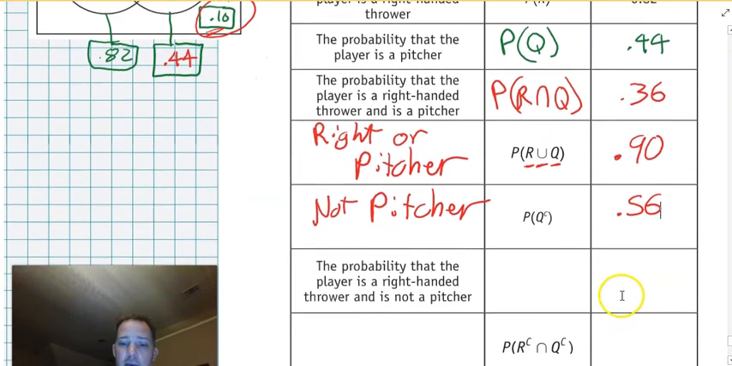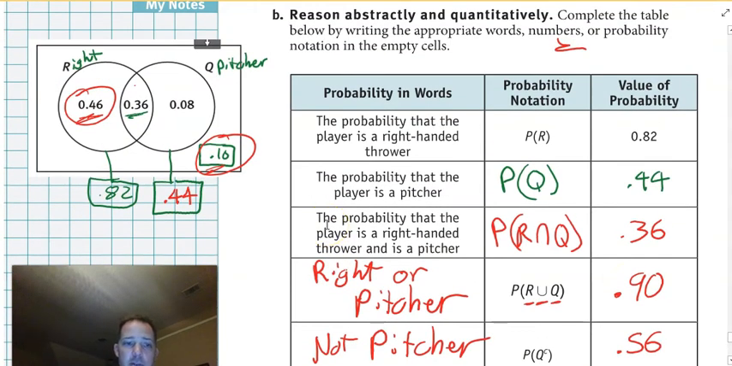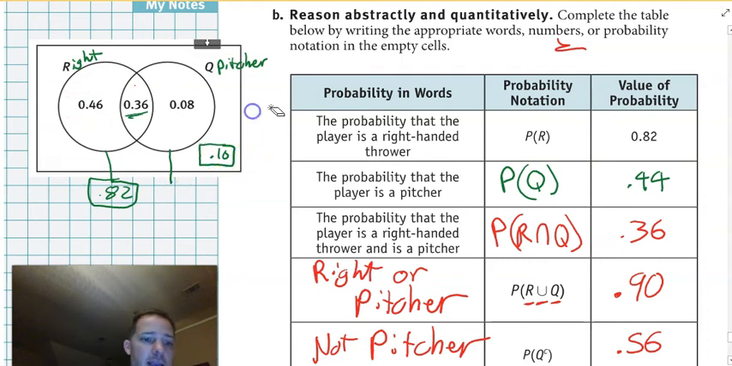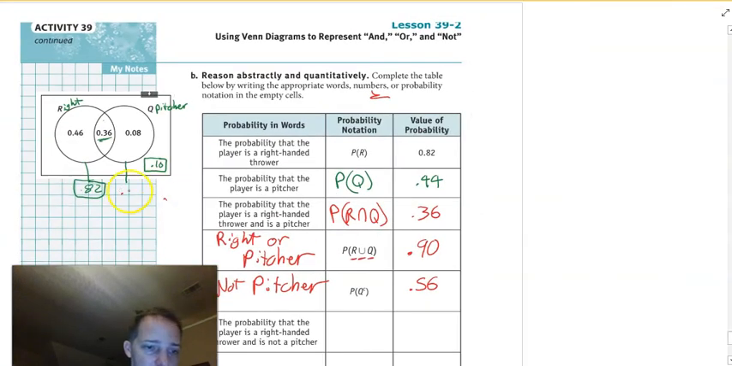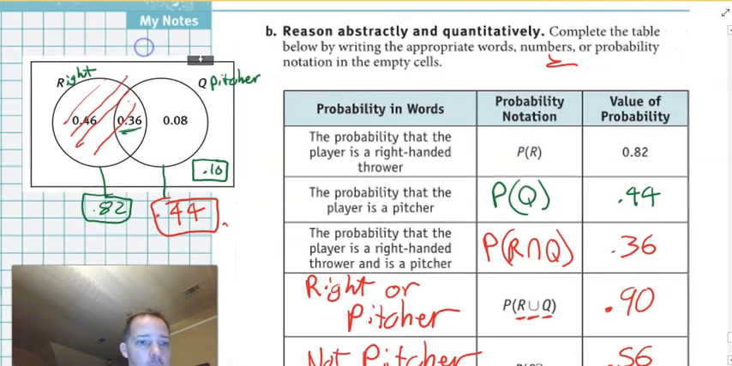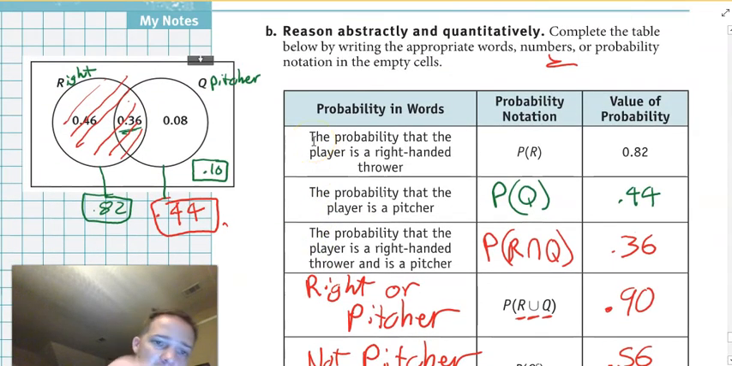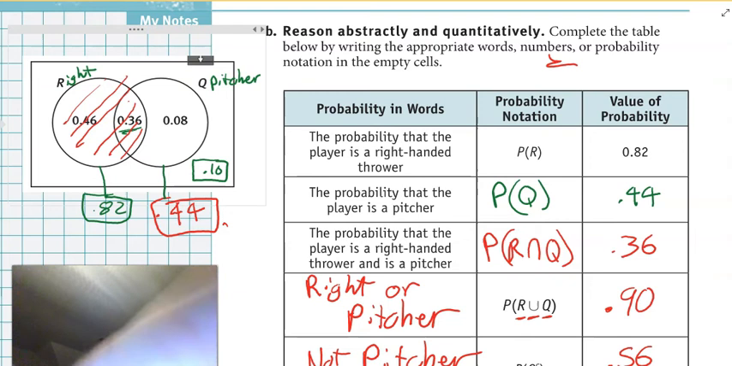All right, I think we got 2 more here. So the probability that the player is a right-handed thrower and not a pitcher. So let's figure out where these are at. Right-handed thrower and not a pitcher. Okay, so right-handed thrower would be this one. And means intersection. So I'm going to pick a different color here and shade where it says not a pitcher, right? So everywhere outside of the pitcher,